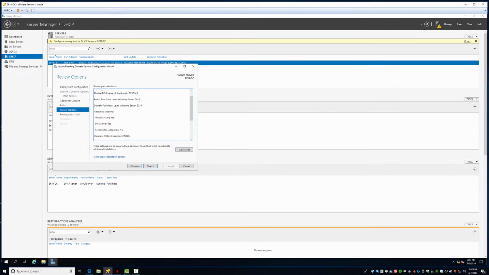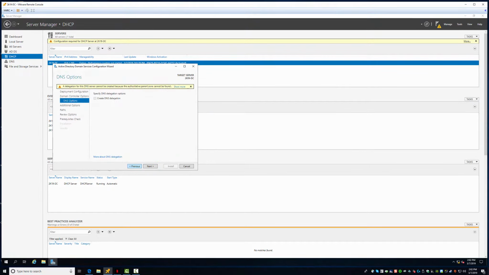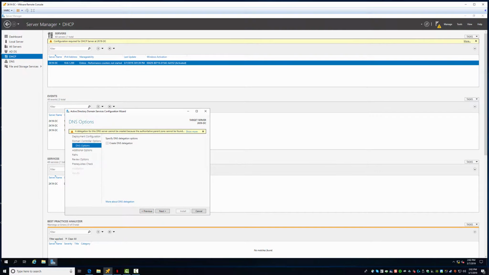Okay, DNS server, yes. Create delegation says no. I don't like that. Let's go back. It's not letting me. Okay, show more. Okay. Cannot be created because authoritative parent zone cannot be found. Alright, we didn't even configure DNS at all. Not sure. Let's see. If we leave it there,